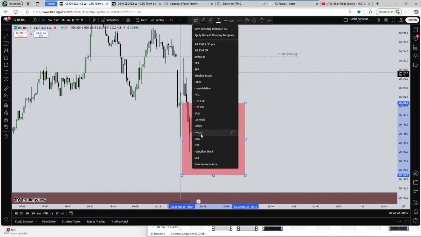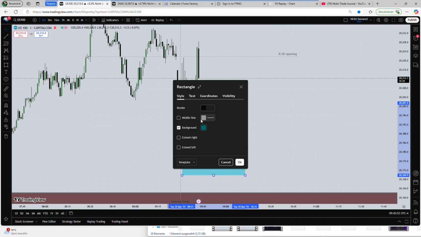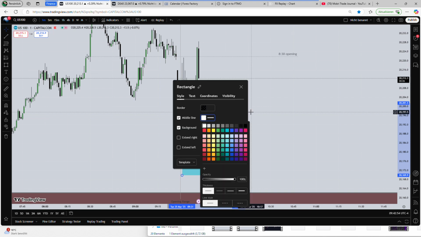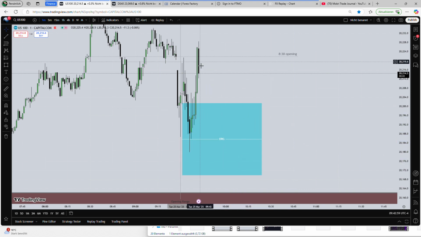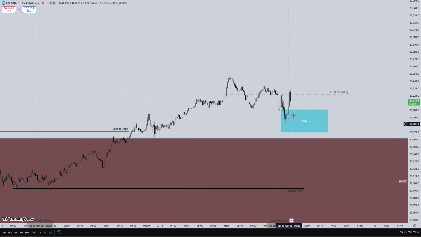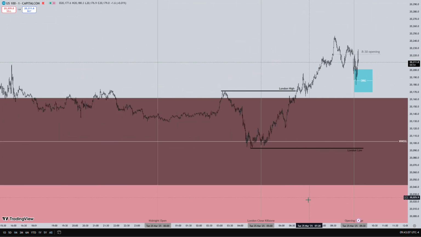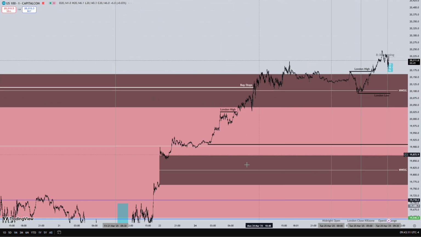We have the opening range gap lower. Okay, and price has traded to the consequent encroachment of it. Right there we can see it perfectly. So this is enough for me. I don't want to see it trade all the way lower and trade below to fill the opening range gap completely. Okay, and also retail traders think right now that price is going to trade lower and trade to this